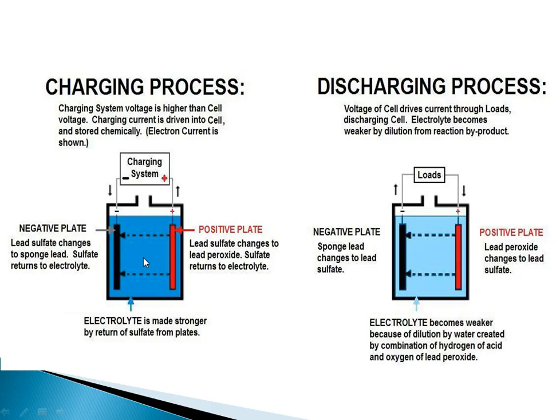Charging and discharging process. Charging is possible when the external voltage is more than the EMF of the cell, and in discharging the voltage is less than EMF, because we know in the discharging situation the voltage is given by E minus IR, and in the charging situation it is given by E plus IR. If I say this cell has an EMF of 10 volt, the external supply should be more than 10 volt for charging to be possible. Here, whatever voltage it has, 10 volt, it is discharging through the resistance R.